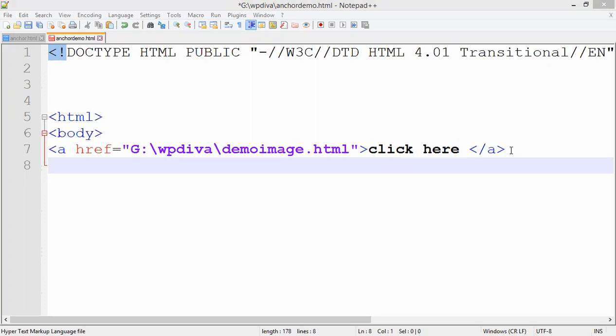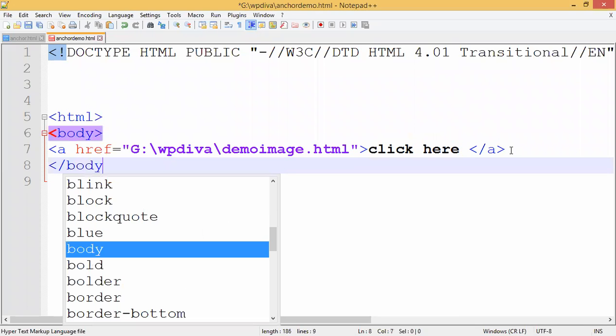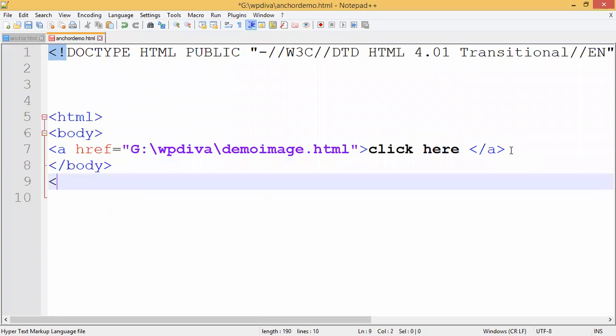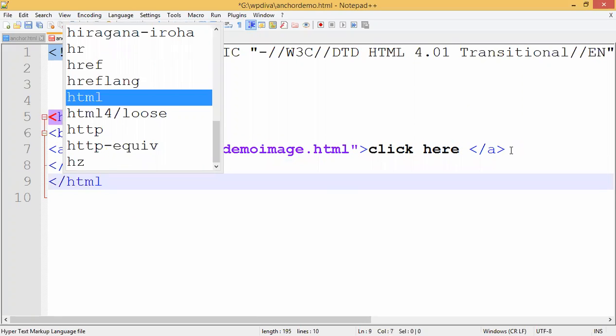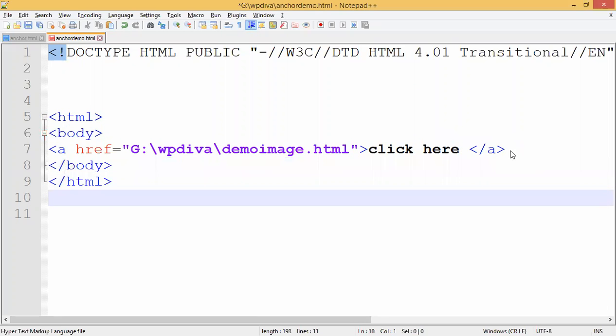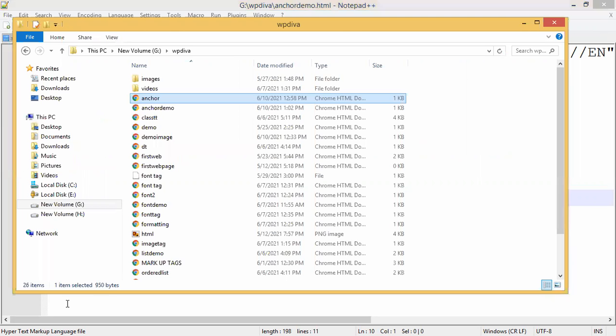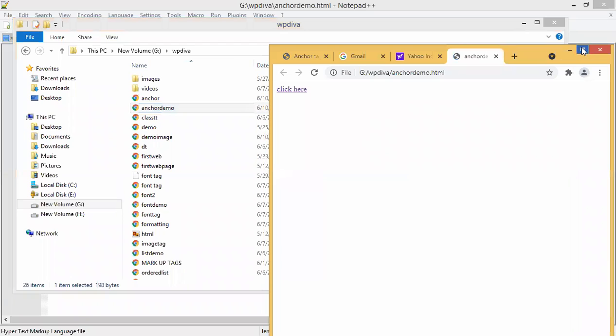So let us go to execution. What I have to do? I have to close the body tag. Okay, I will close the body tag. I will close my HTML tag, right? Save my file. So how to execute, guys? How are you going to execute the file? For the first time, go to your folder, right? So after going to your folder, what you're going to do, find the file. Where is your file? Here, anchor demo. Just double click on anchor demo. You will see that the output will appear in the browser, right?